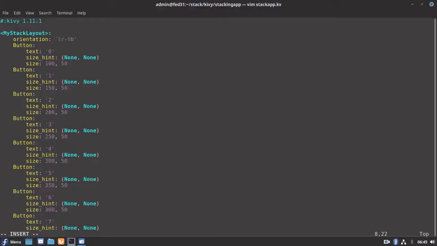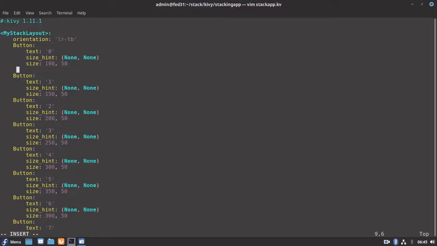And here, when we click on the button, it should actually call back a function, on press. It should call the function. Let's name our function play sound.